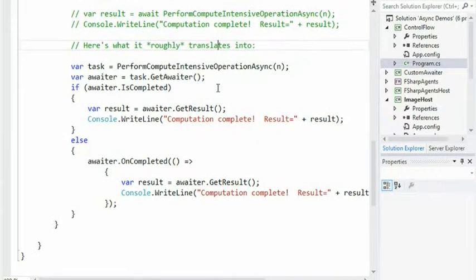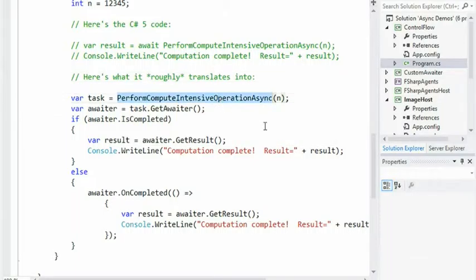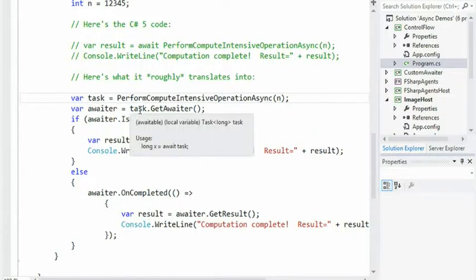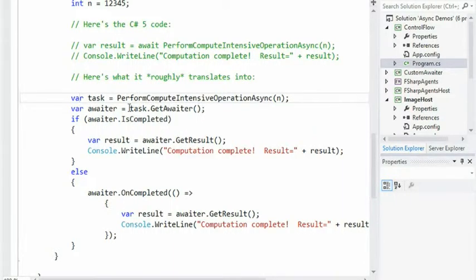What does that get turned into? Well, first of all, it calls the method that is going to return a task, and yep, that returns a task. It then inserts this, and this is where the compiler magic starts to happen: